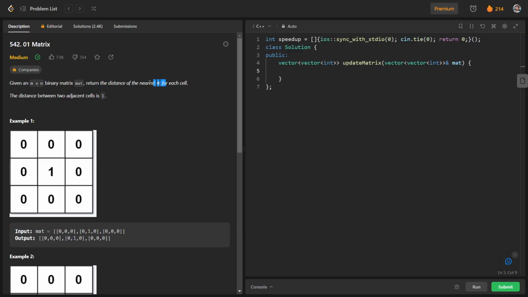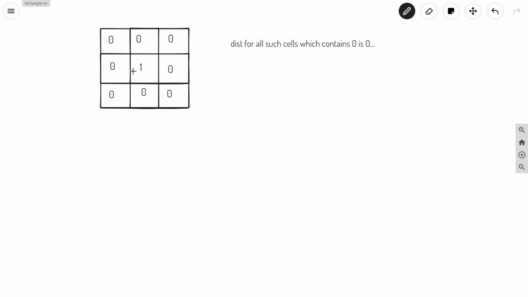Whenever we talk about nearest distance or shortest distance, we think of Dijkstra or BFS, so we will think in that manner. So what we will do is first have a queue. It will be a queue of a pair of integers and an integer.